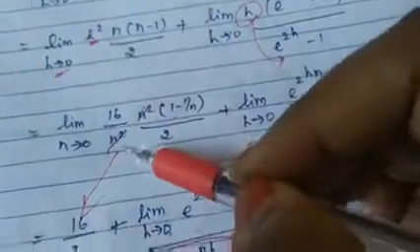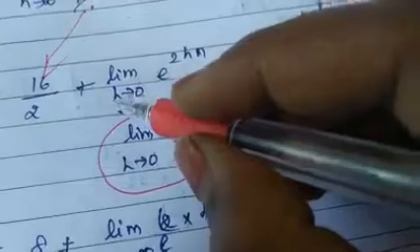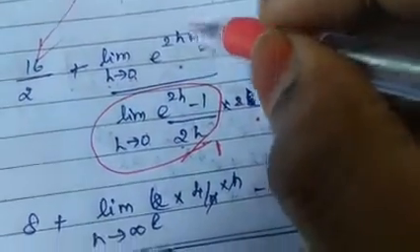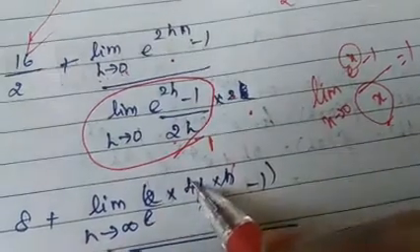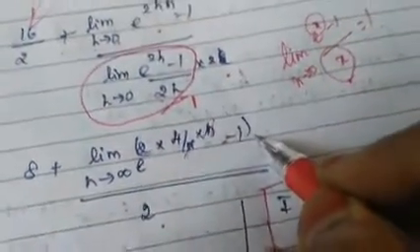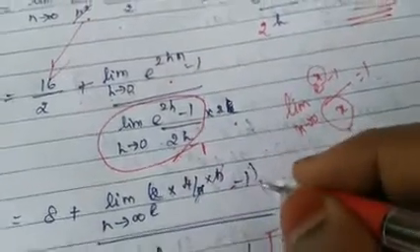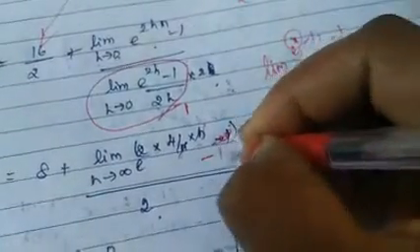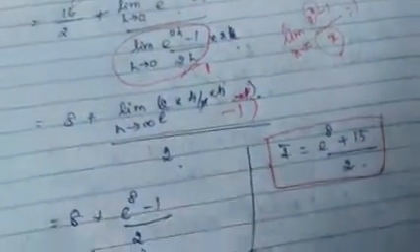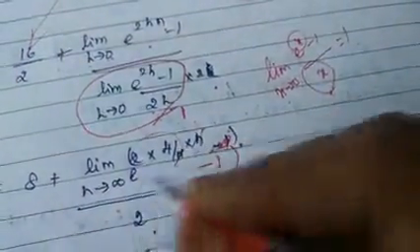After this step we have applied the h value and we have written n tends to infinity. Similarly, after this step we are writing n tends to infinity and substituting the value of h. H value is 4 by n. Therefore, this n and n will go off. You will get e power 8 minus 1. That is 1, it's not in the power, it is minus 1. E power 8 minus 1. Now, see this n and 1 will go off. The remaining is e power 8 minus 1.